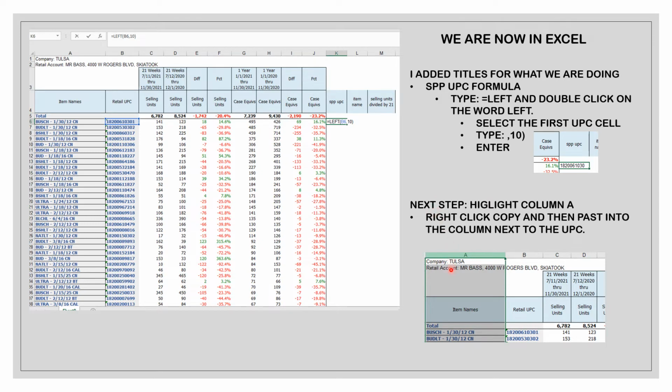Then next, you're going to highlight the A column, which is this whole column right here, because we want the item name to be placed right here. So if you just hit that whole column by hovering over the A, you'll have the big arrow, then right click it, and then